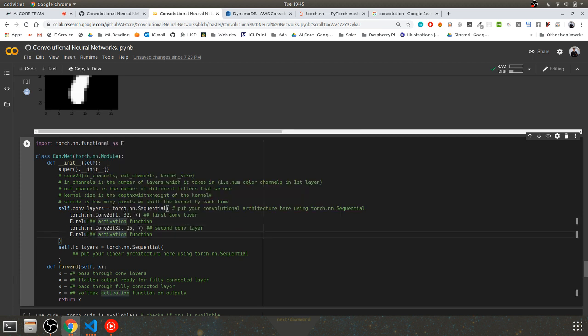Well, torch.nn.Sequential knows that each of its arguments should be callable and that they will be called sequentially, by taking in whatever this is called with and passing it through this layer. So if I do self.convLayer of x down here, what that's going to do is firstly call this with x, then call this with the output of that layer, and so on. And then the fully connected layers, we'll do